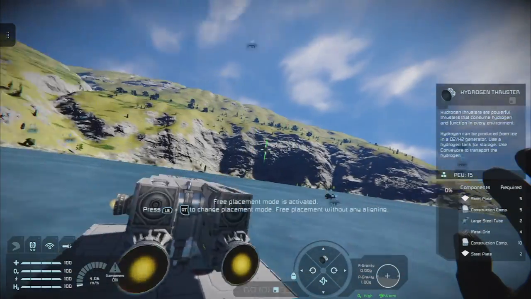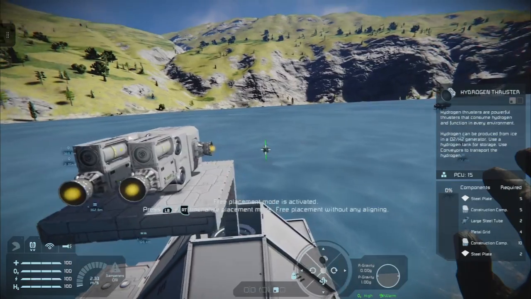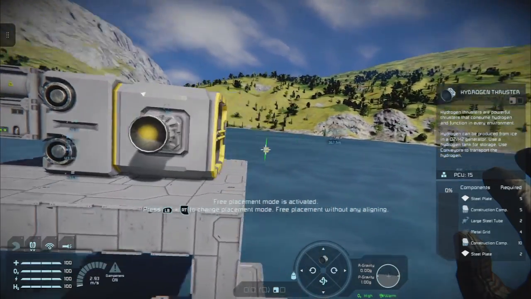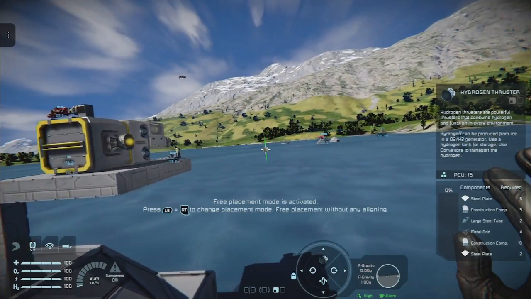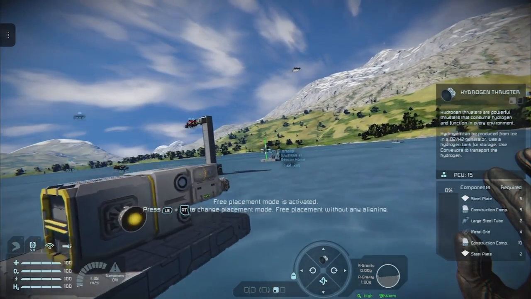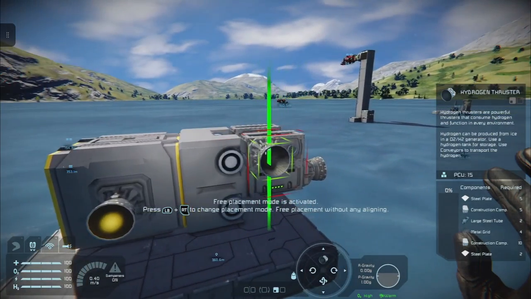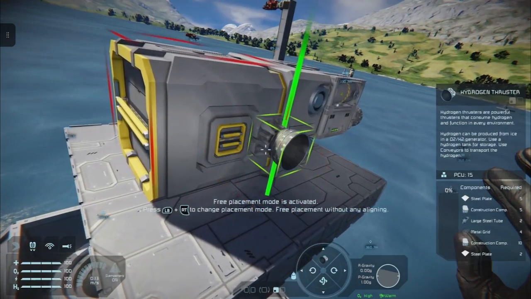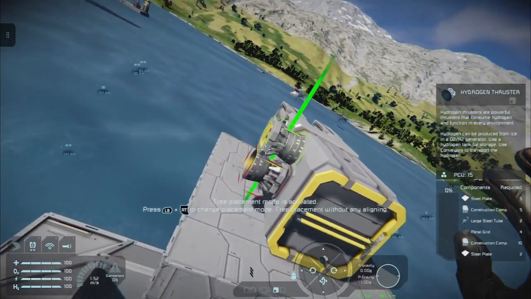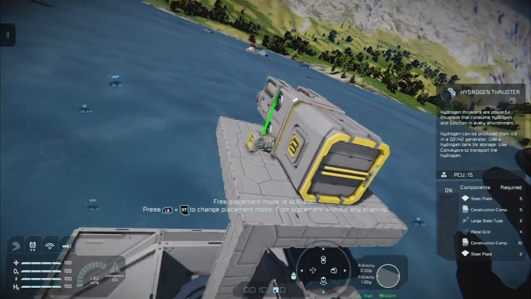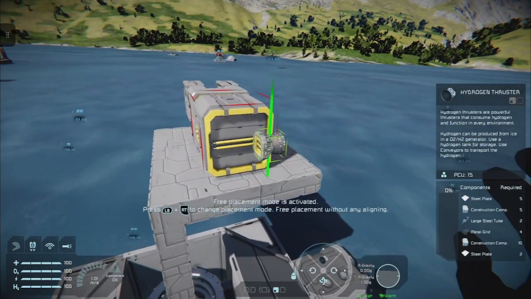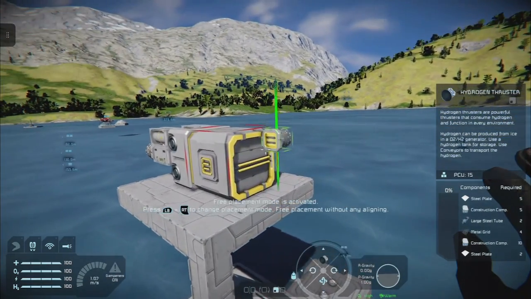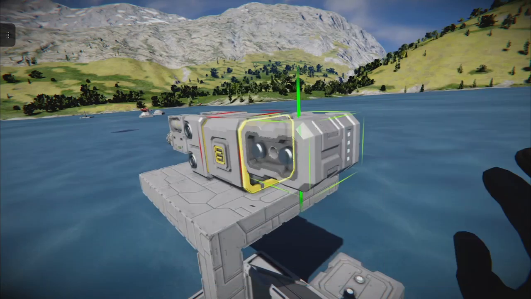So hydrogen is an extremely powerful gas in this game. If we wanted to make this into a hydrogen ship, we'd need to do a couple of things. One, we'd need to ensure there was a flow of hydrogen throughout the whole grid in the directions we needed for flight. So to convert this, we're going to need to add some extra things.